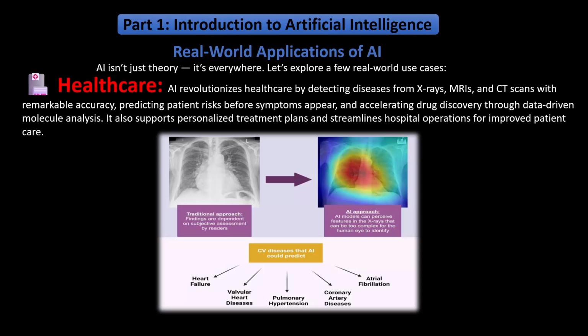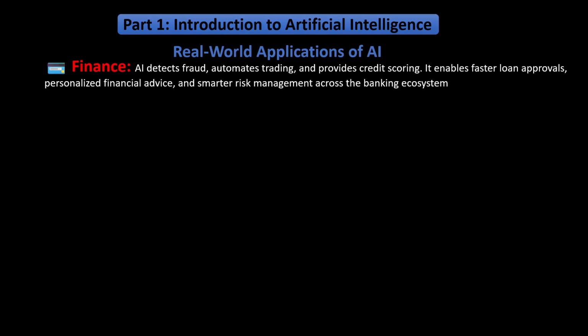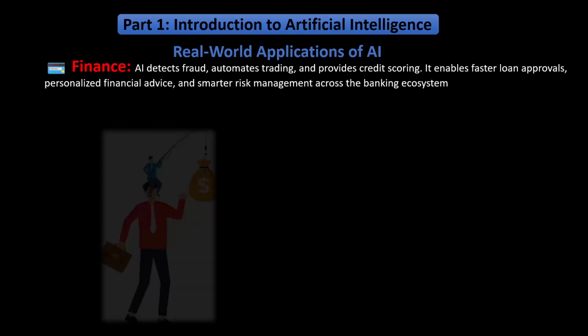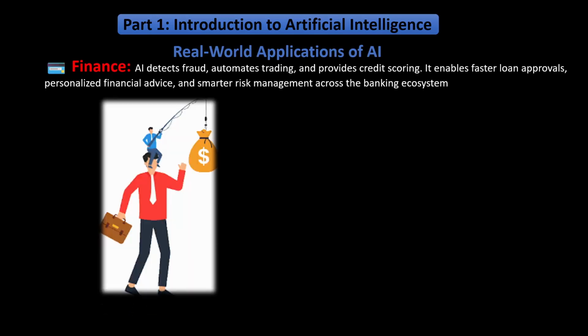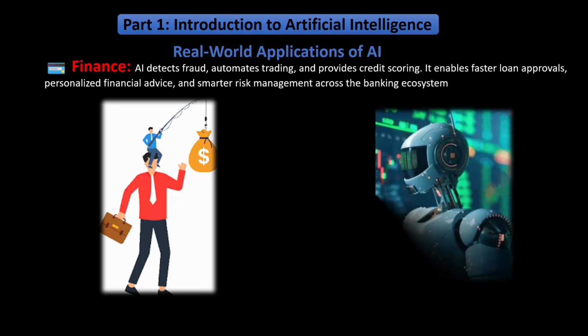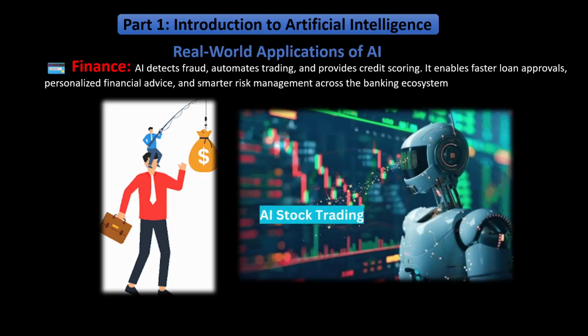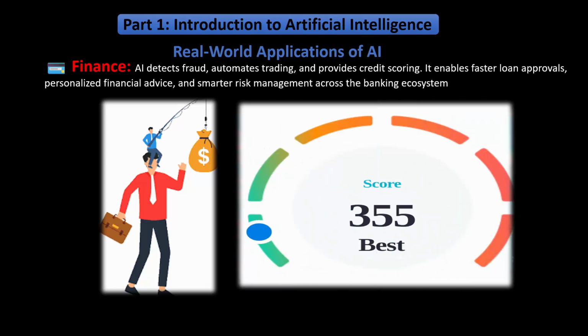So as I mentioned, AI is everywhere in healthcare. Next, AI in finance. Artificial intelligence detects fraud. AI is also used to automate trading. You might have heard there are a lot of tools that automatically sell and buy your trades based on past records of all the charts. AI also provides credit scoring and enables faster loan approvals, personalized financial advice, and smarter risk management across the